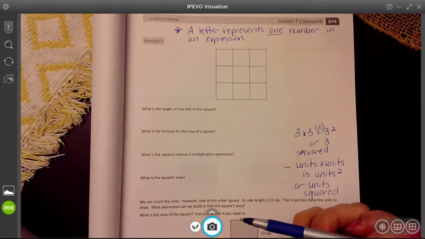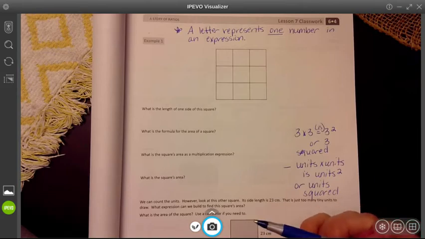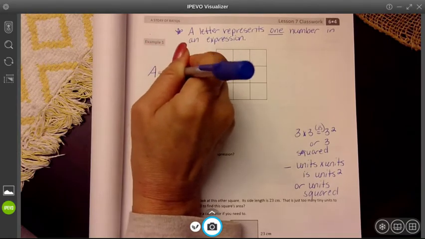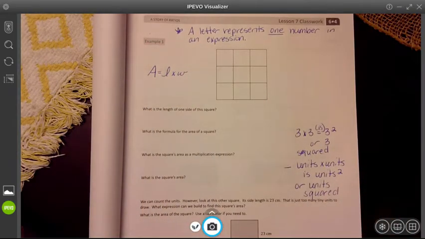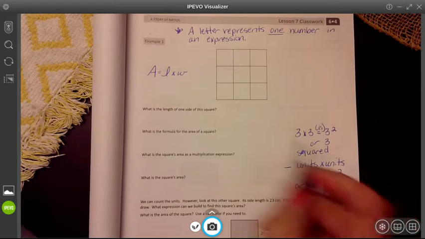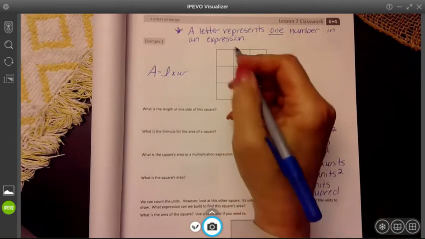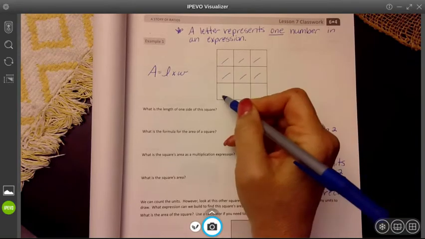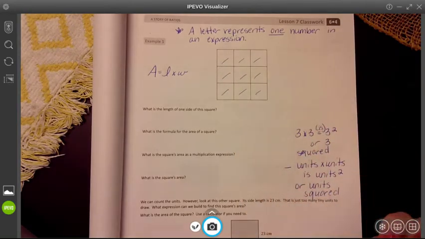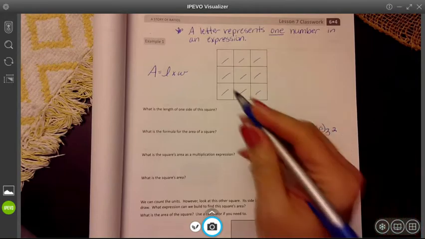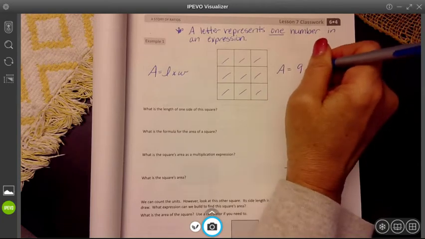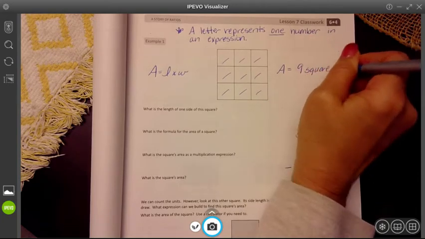And if you remember, the formula for area is area equals length times width. So the L is a variable for the length, the W is a variable for the width. An area in a square like this, all you need to do is count the square units. So we have 1, 2, 3, 4, 5, 6, 7, 8, 9. So the area of this square, area equals 9 square units,